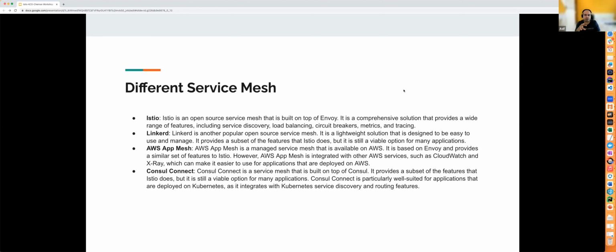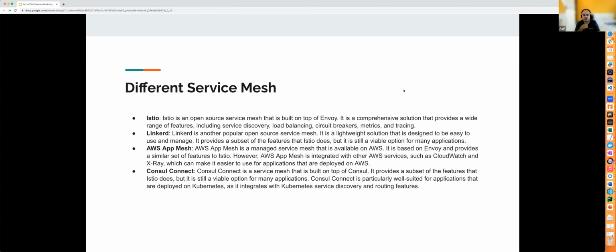So mostly they are the same, but with service mesh, the problem is that there will be so many implementations. Now you will have difficulty choosing the best service mesh for you, and how do you prevent vendor lock-in issues?